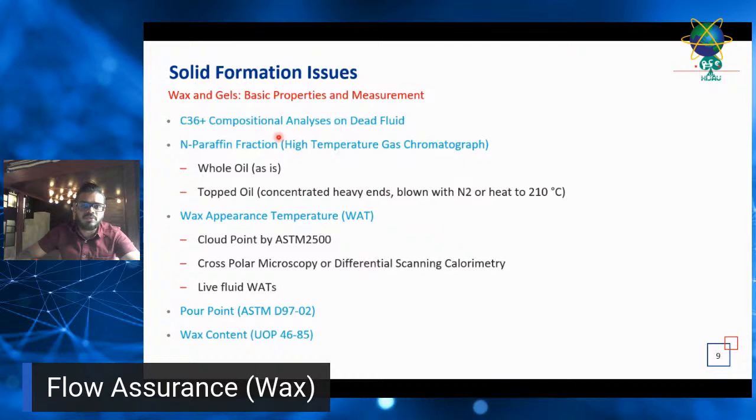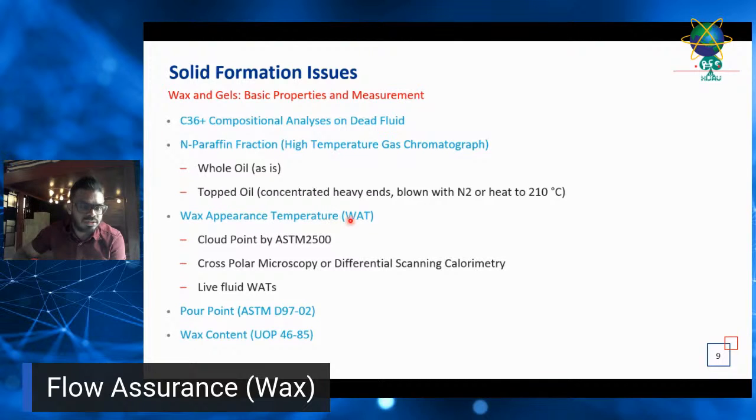Now, these are some of the basic properties and measurements that we can quantify, in terms of the amount of wax, or the properties that contribute to the waxy behavior of your crude. So the first is we need the C36 compositional analysis done on your dead fluid, which is your stock tank oil, and then the n-paraffin fraction, which is the nC17 plus of your crude,